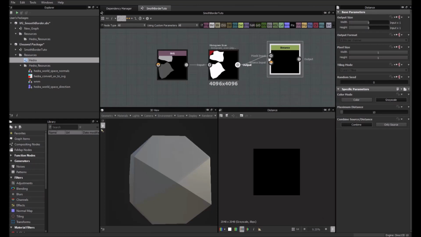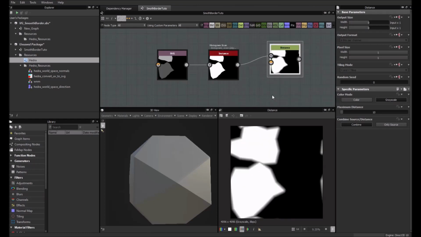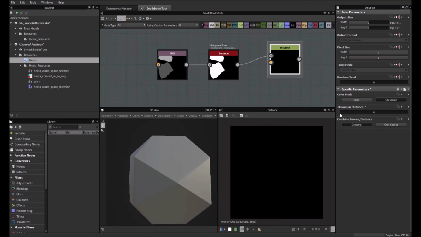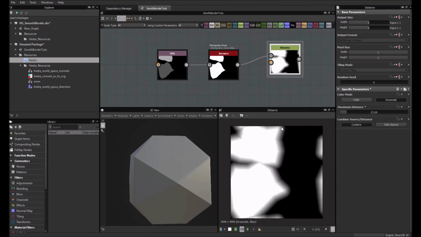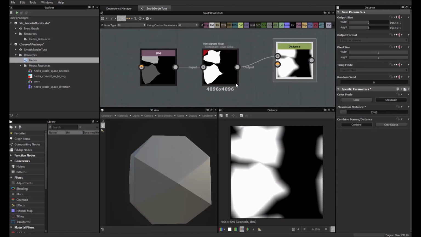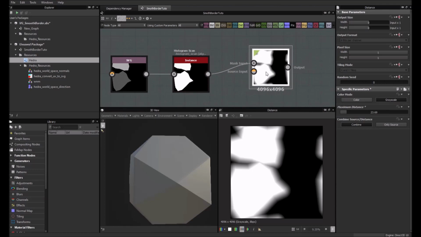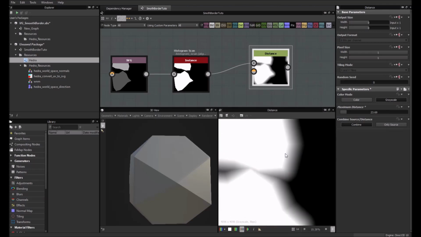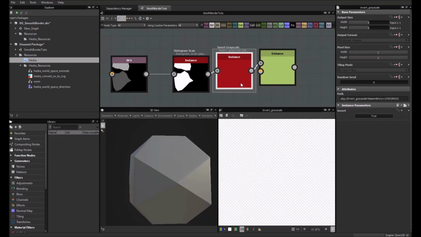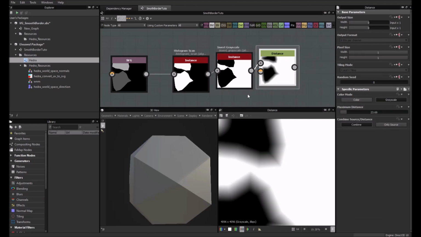And with the distance node, what you can do is this. Actually, you can create a gradient, which is like a padding basically on the border, defined by the white space. The thing, sorry, in our case is we want to invert, because we want this gradient to happen within the white shape, within the UVs. So we are going to use an invert grayscale like that,